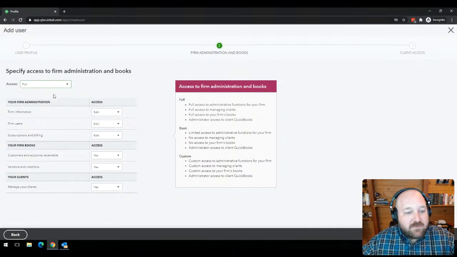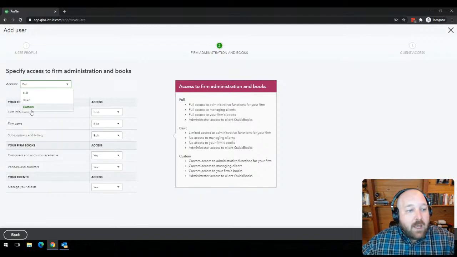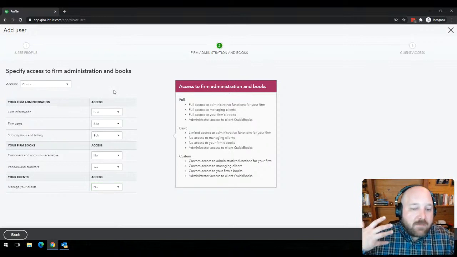Now, if we change this to full, you'll see all of these go to yes, and he has the ability to edit and modify everything. More often than not, though, we're going to choose custom. And with this custom, this gives us the ability to say yes or no access to specific things as needed. And so we can fine tune the permissions, although truthfully, as a security person and